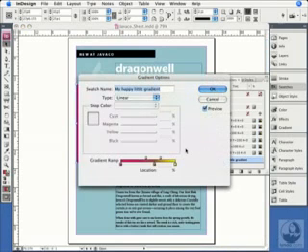You may have noticed that there's no way to set a gradient's opacity. For example, I can't fade this from magenta to transparent. If you need that kind of effect, take a look at the movie in an earlier chapter about the feathering transparency effects. That'll do it for you.